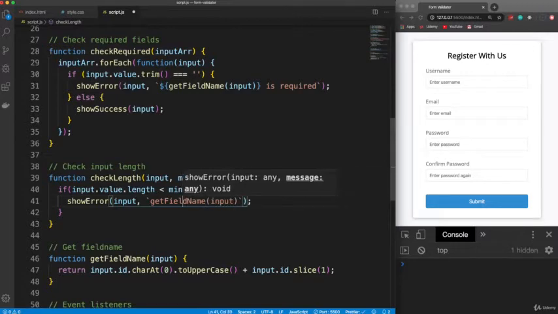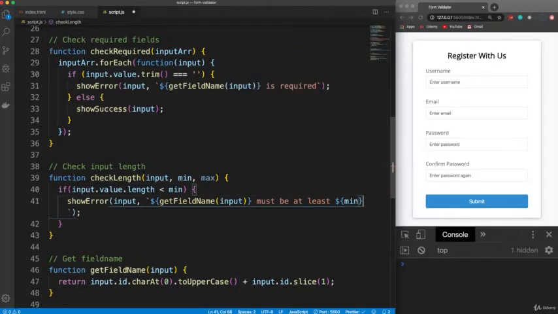I'm sorry, we have to actually wrap this in $, and then curly braces, because it's an expression, a function. And then we'll say must be at least, and then we can put another variable in here, and we'll put whatever the min value is,